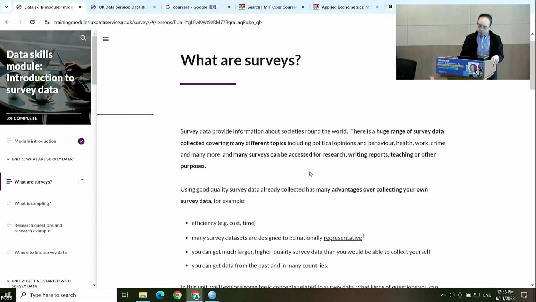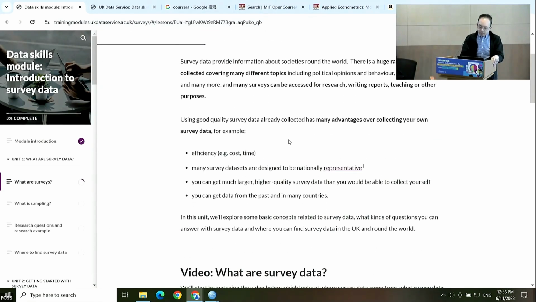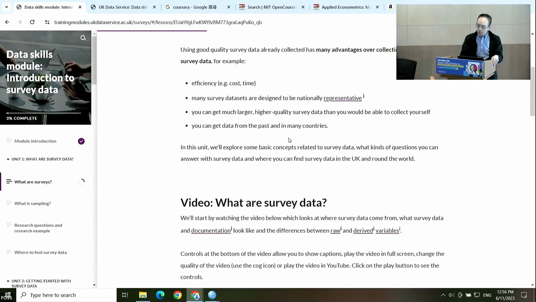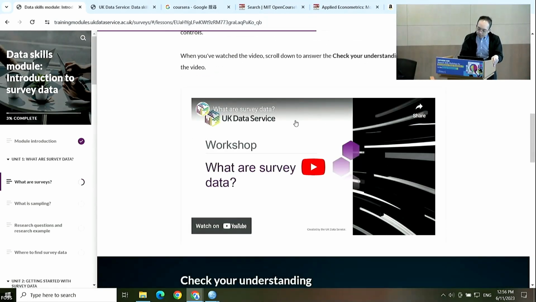So what are surveys? I'm not going to read any of this, okay, because this is going to be boring, but you want to read them, okay? You want to read them. But I do find the survey data that they lectured are very helpful, because some of them, I don't even know where the survey data came from. But particularly for some of you who do